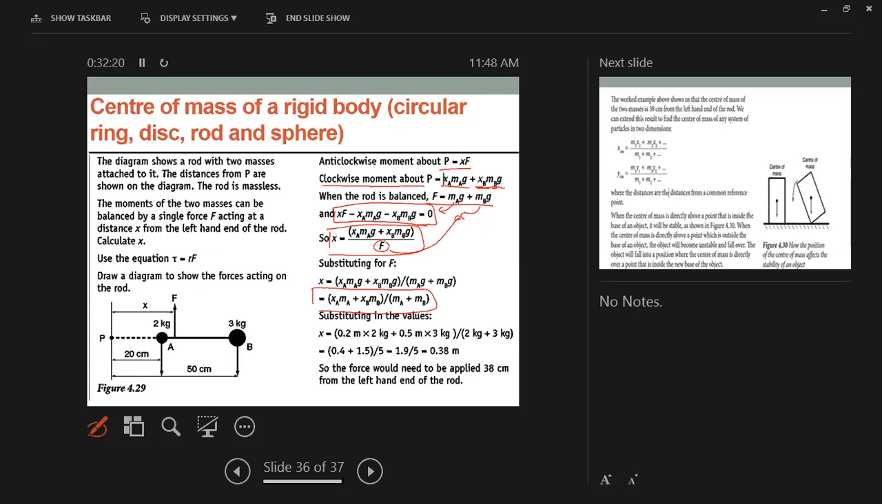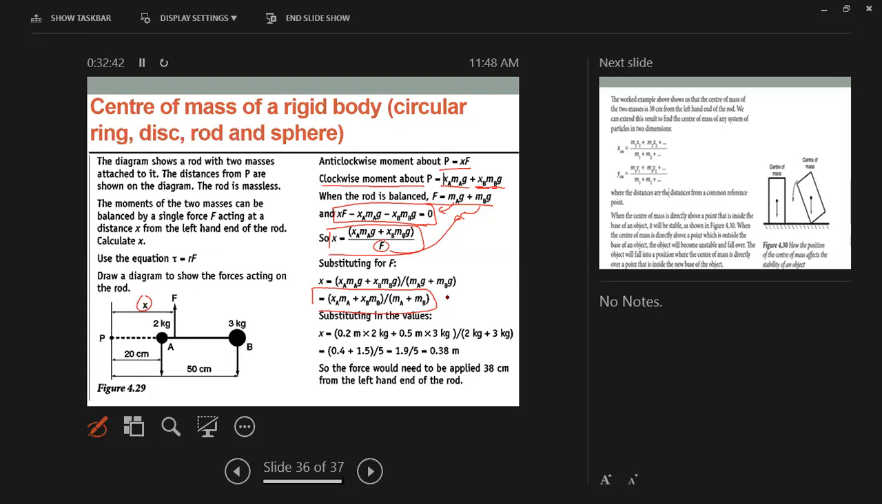Okay, we are looking for x, by the way. x is the distance from a point out of the system to the force applied on the system. Okay, when we put whatever we have over here,